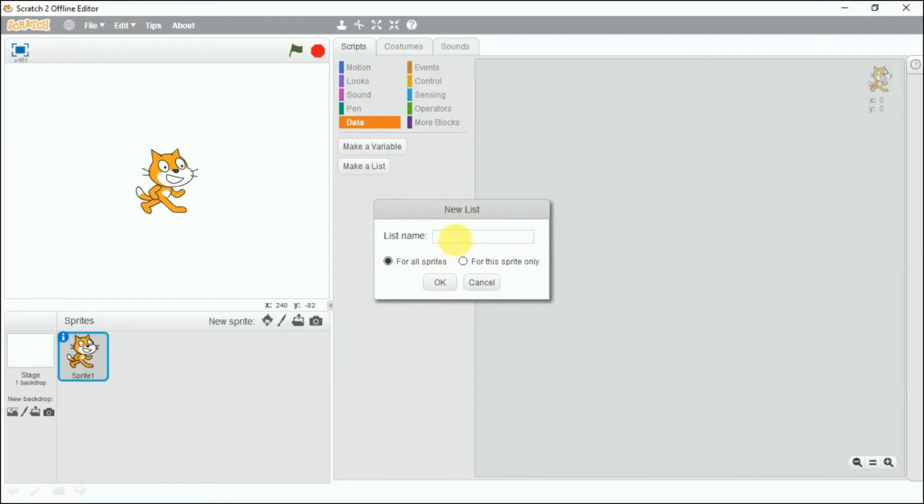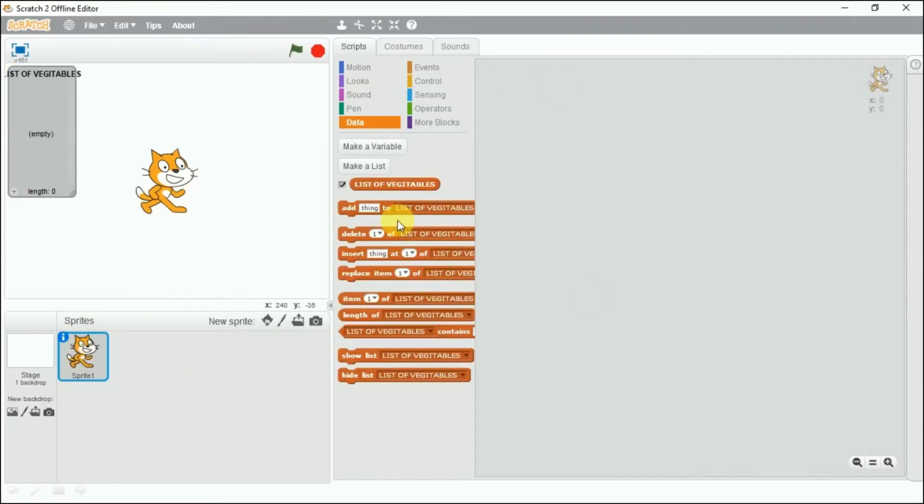Here we will give a name to the list, that is a list of vegetable. Here also we have two options: make this list for all the sprites in the project, or for this particular sprite which is right now selected. So let it be for all the sprites and click OK.